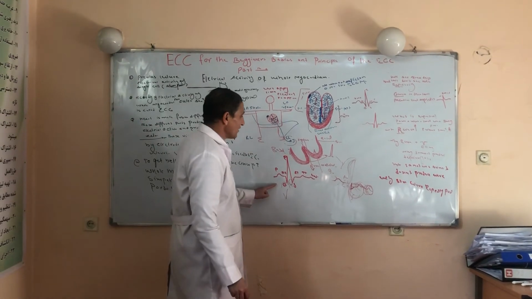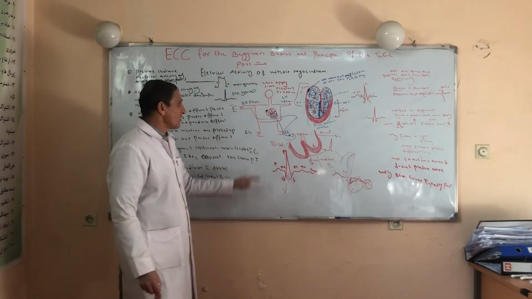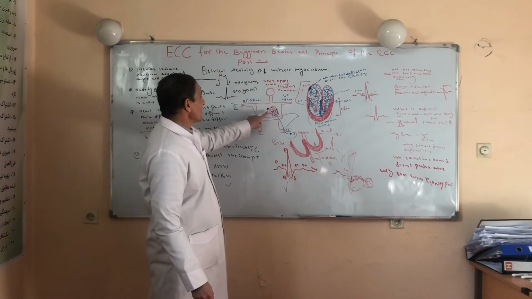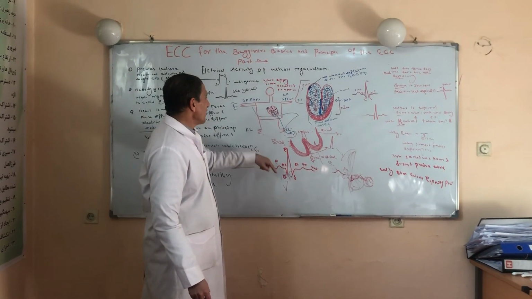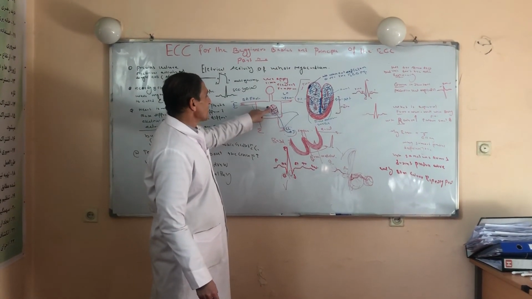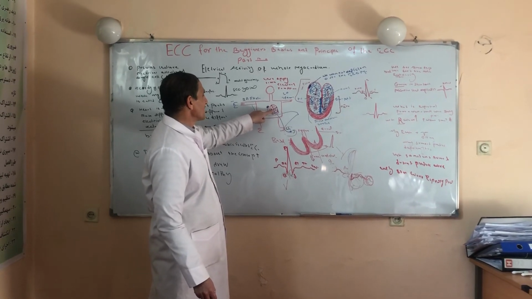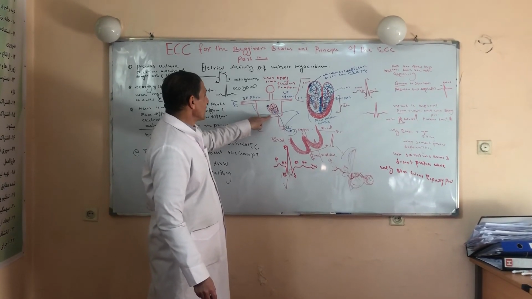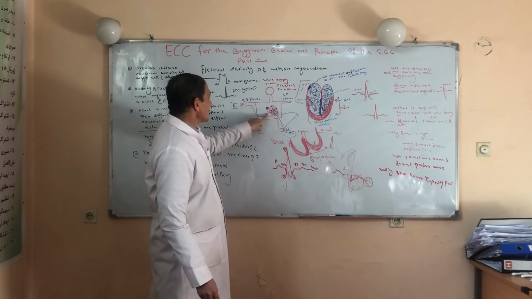Then, the right part of the atrium is depolarized with a single vector, and the left part with a single vector; both of them produce one vector which moves downward and leftward. Then this atrial depolarization vector goes down and stops for 0.04 second in the AV node. And the AV node does not produce any wave or deflection; it produces a straight line.